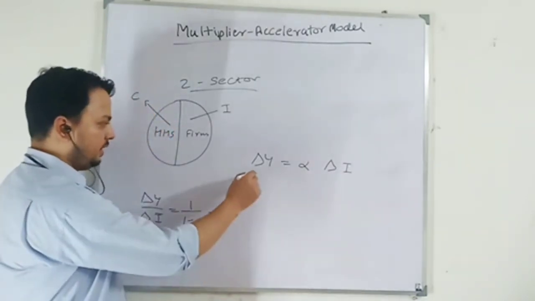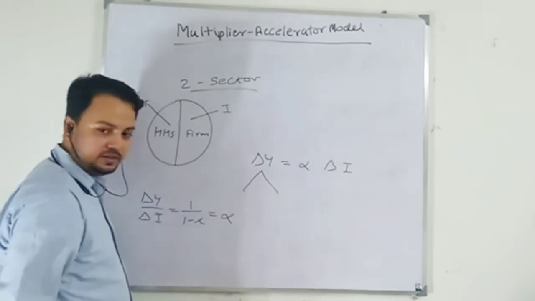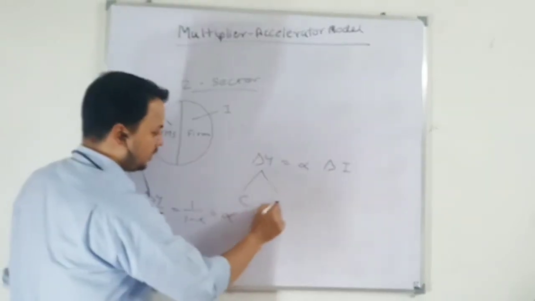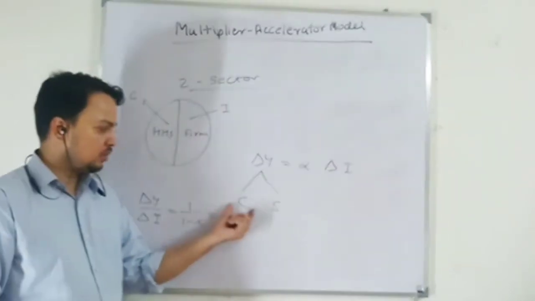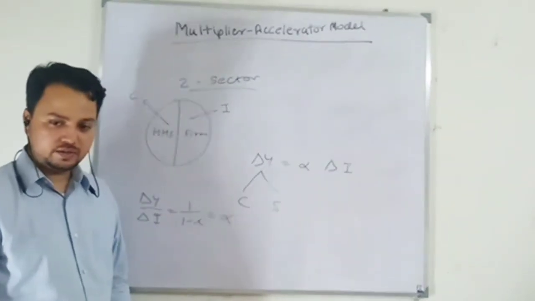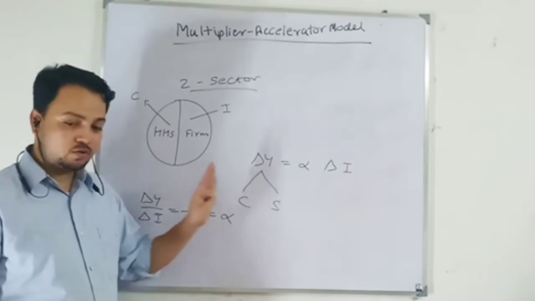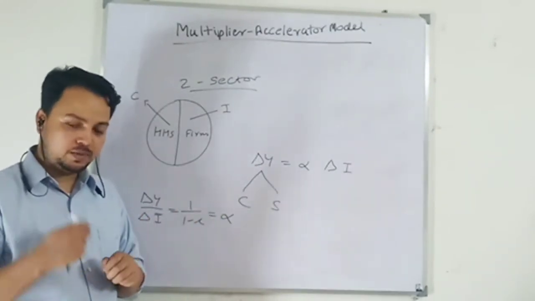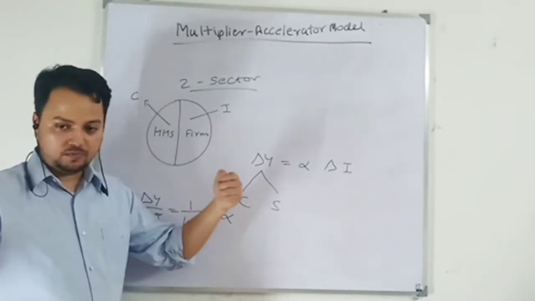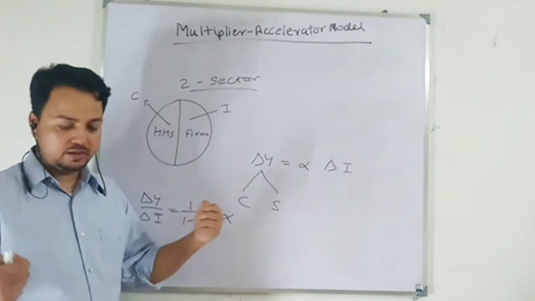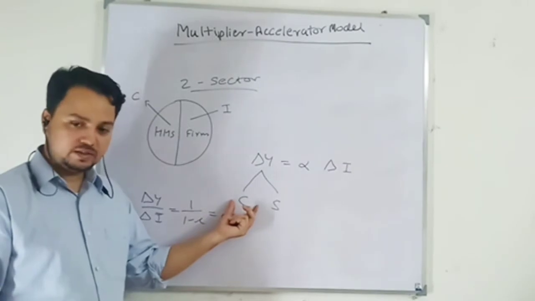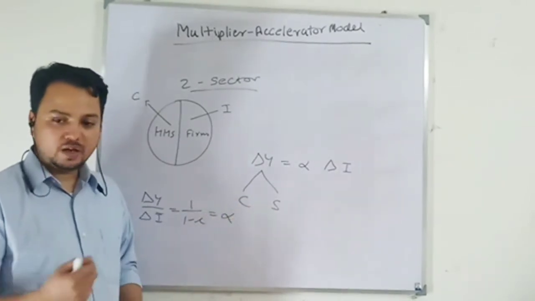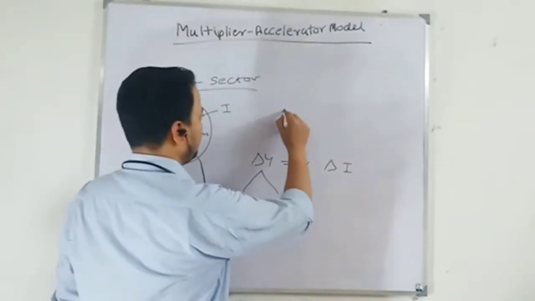So when your income increases, we need an increase in consumption and saving both. Your consumption increases, saving also increases. In the Keynesian model, I am just talking about how the multiplier is working. When we are looking at a time period, that is what I am explaining. So when your consumption increases, what will happen?